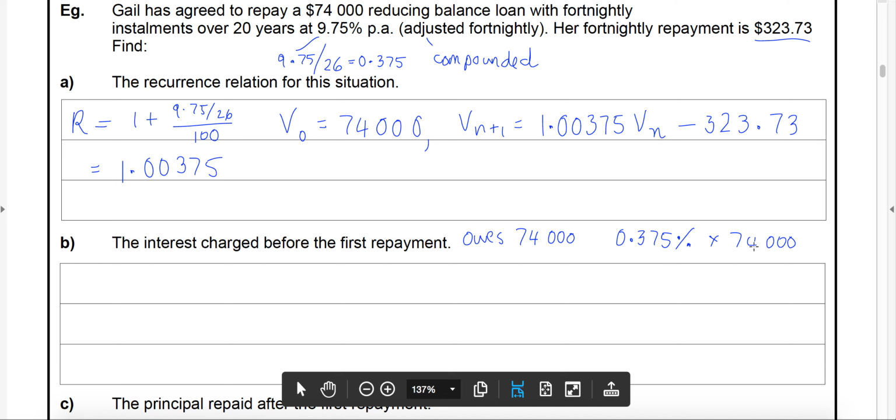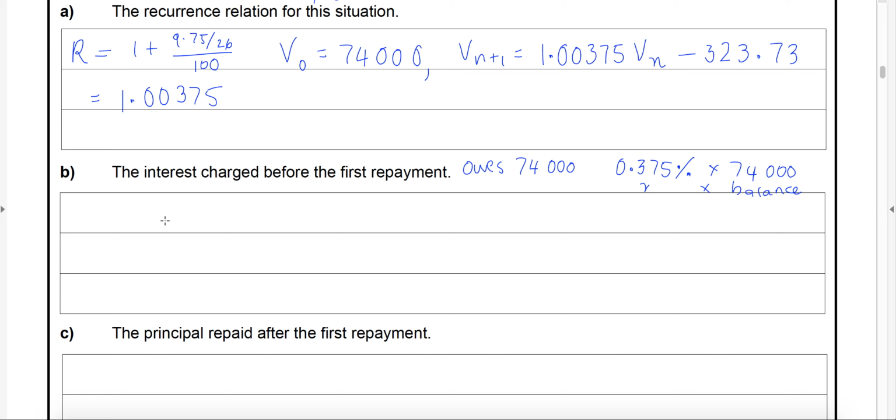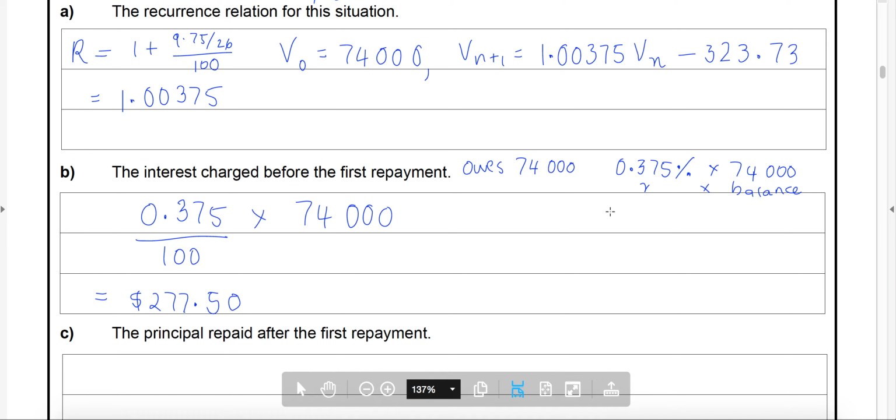So just quickly, what I need to find here is the percentage rate, so R over 100, by what is owing. We call that the balance. So the interest that's charged, 0.375%, so over 100, of $74,000. So if we have a look at that, we get $277.50. She is charged $277.50 for the fortnight because she owes so much at this point, $74,000,